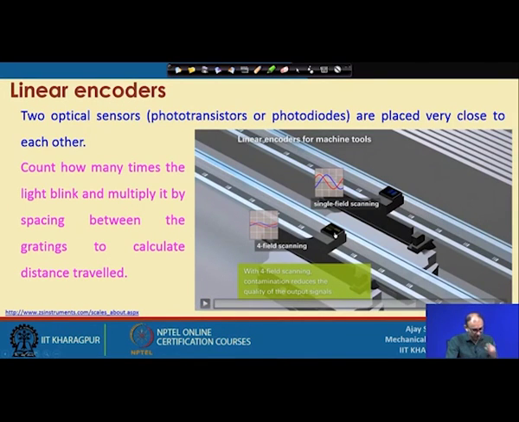So, here also you have to find which way it is moving, correct. In the earlier case, with the rotary encoder, we were using A and B slits. Depending on the A and B slits, it was giving the result. Here we are using a similar way, but side by side, in the linear scale. So, again, whether it is moving from right to left or left to right, you can find the direction of motion as well as how much it is moving in the different directions.